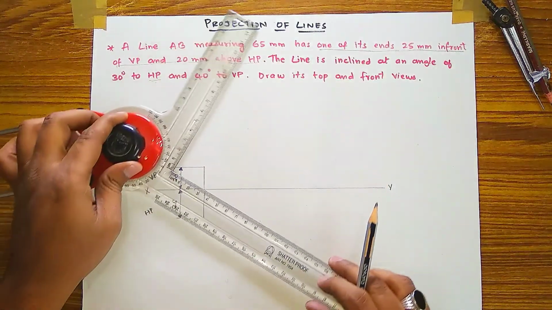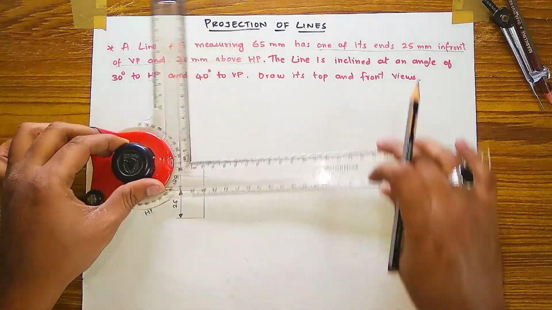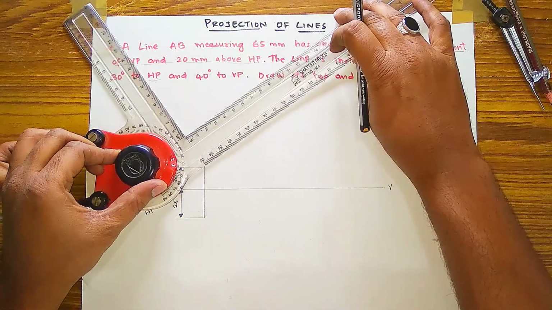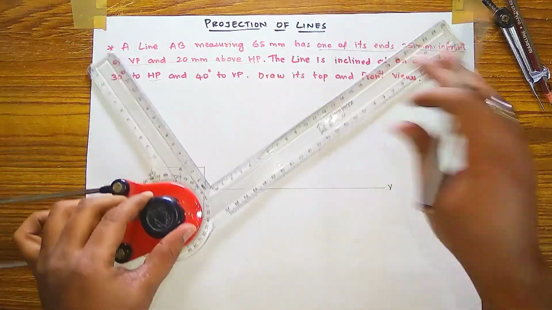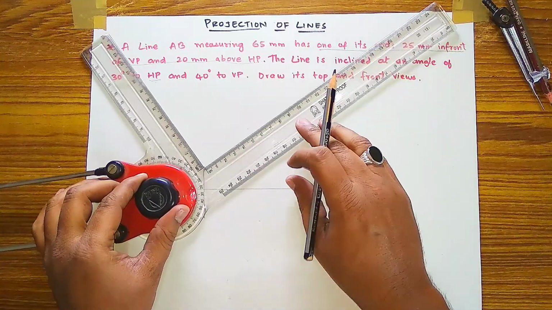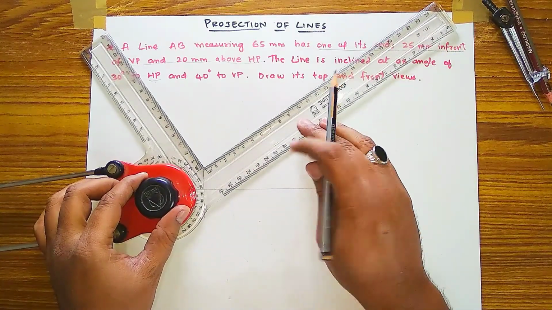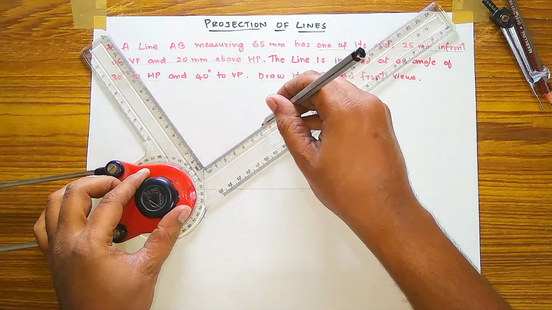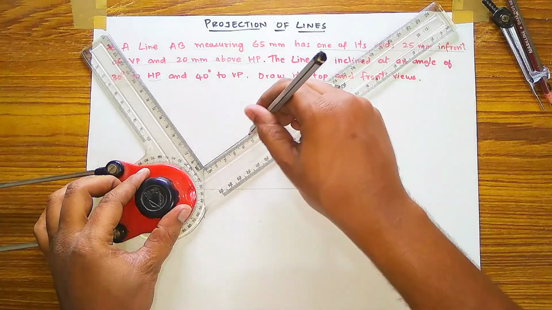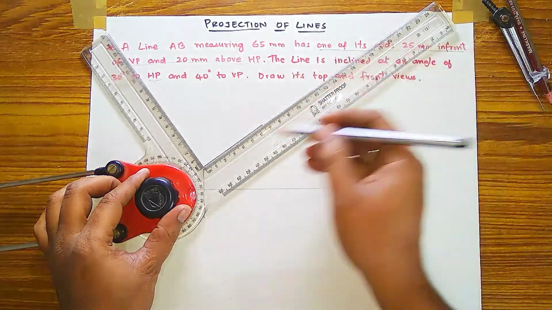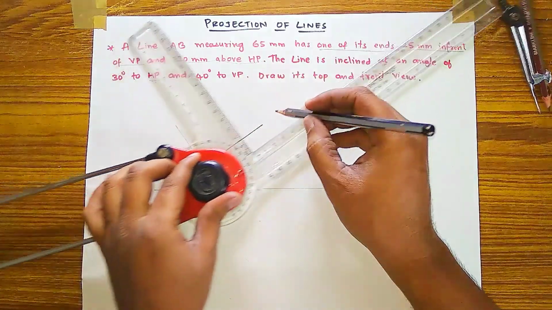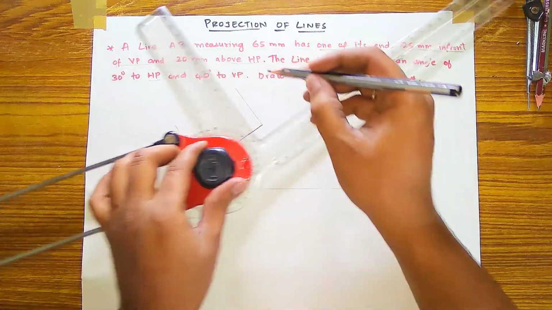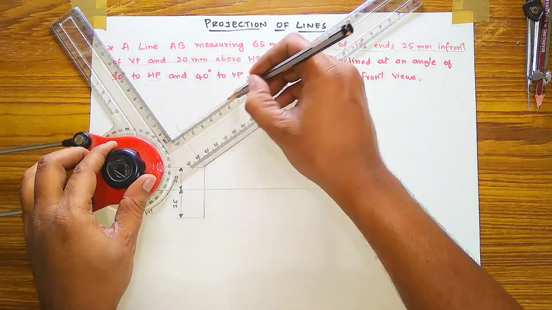How to draw this? I am showing you. First you adjust your mini drafter to 30 degree angle like this, or you can take your protractor and adjust and draw 30 degree angle. I have taken 30 degree angle of 65 mm line, you have to draw like this. And also show this dimension by taking the extension line of these two ends, and it is of 65 mm line.